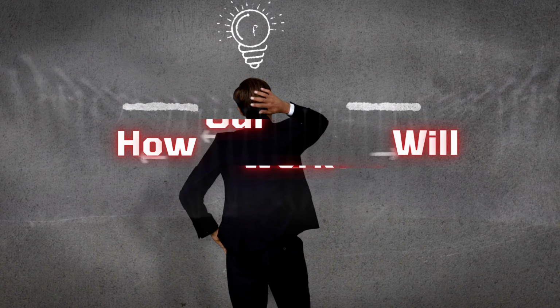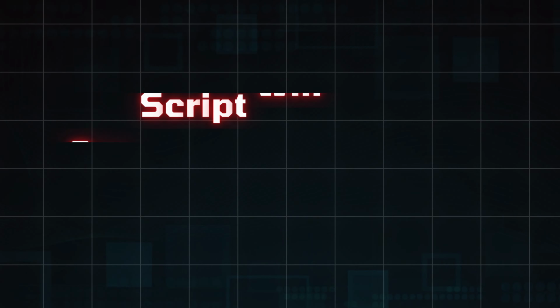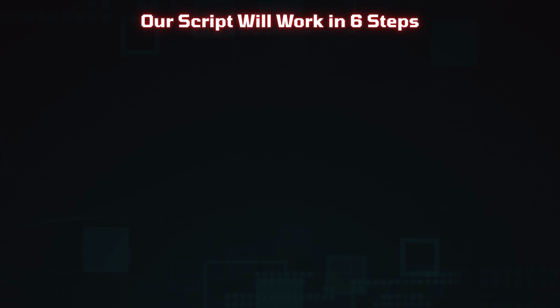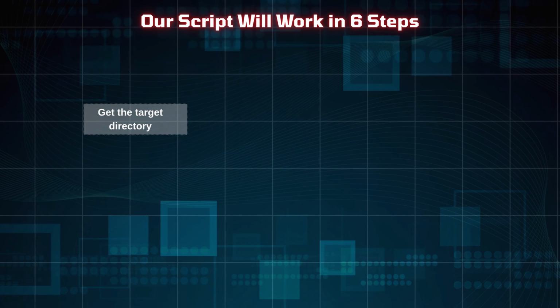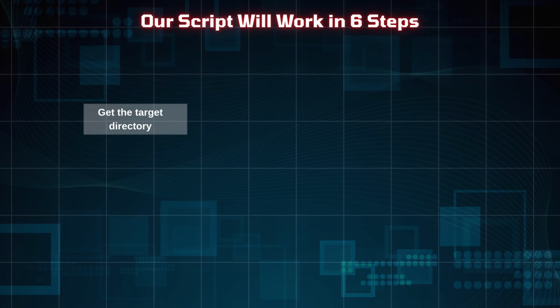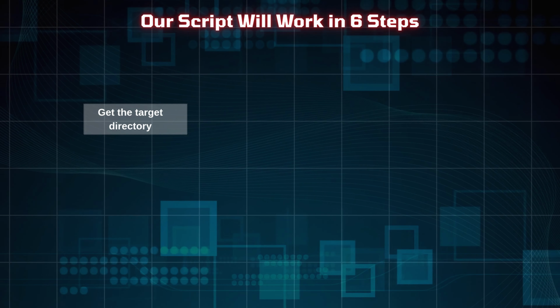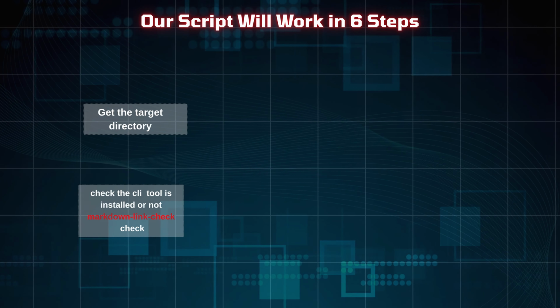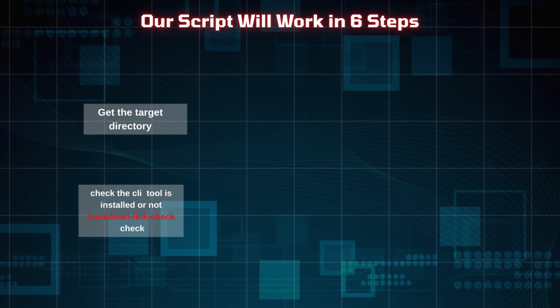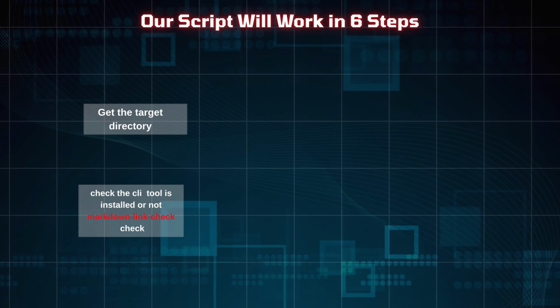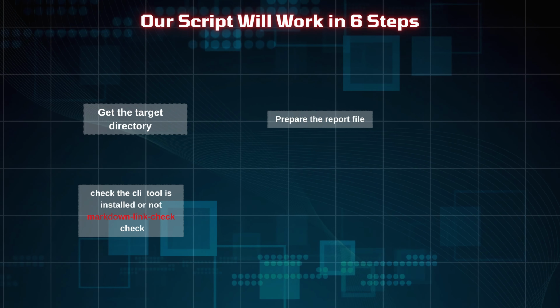So how will our script work? Our script will work in 6 steps. Step 1. Get the target directory. Use the directory passed as an argument or default to the current folder. Step 2. Check if the CLI is installed. If Markdown link check is missing, install it using npm. Step 3. Prepare the report file: clear or create linksreport.txt to